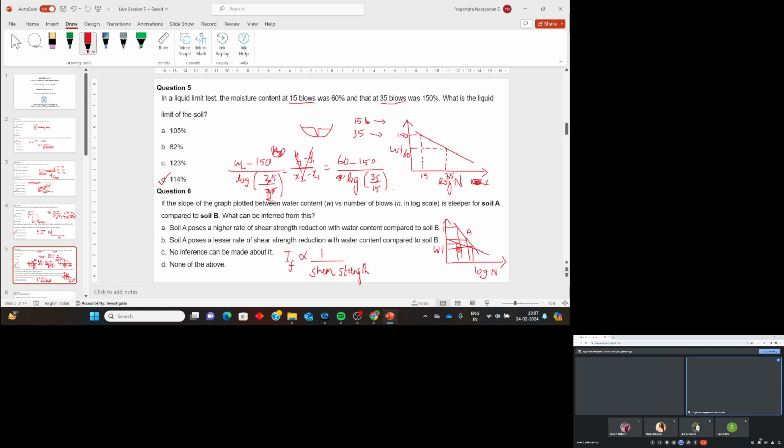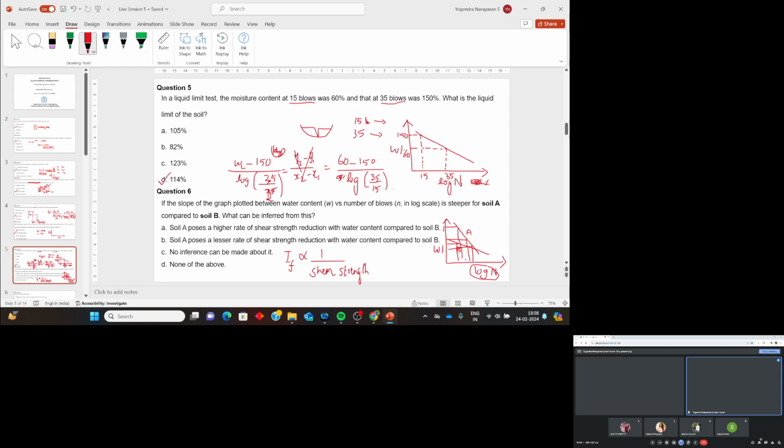That is, when water content decreases drastically, the n value does not change much in case of soil A compared to soil B. So when the n value, the number of blows, does not change, the soil is relatively maintaining